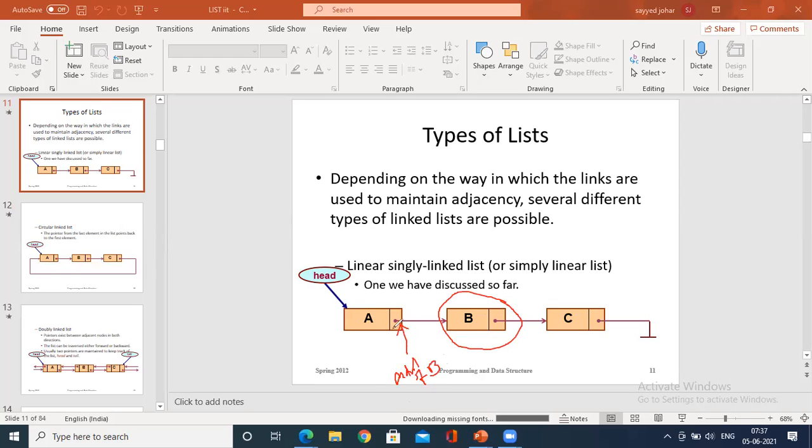You know the address. This is a node. Imagine this is a node. A node has two compartments: one is a value, one is an address. What is the value of this node?